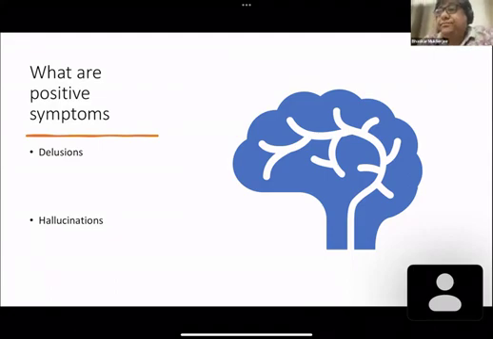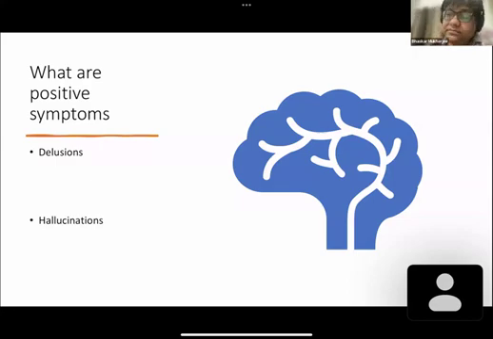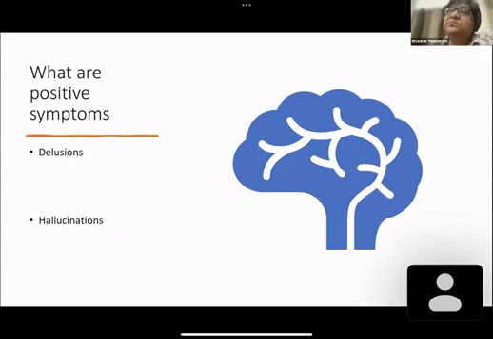Some might say anger, irritability, impulsive behavior can also be included in positive symptoms because by its definition, positive symptoms means presence of those symptoms which should not be there. But these